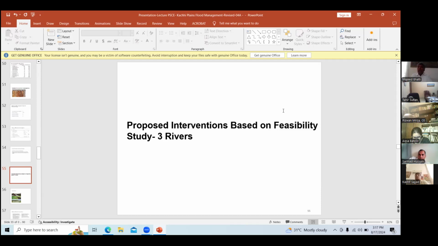So we finally proposed different interventions on these three rivers as part of our study, and at the end we submitted a PC1 to the client and World Bank, which has been approved by the Baluchistan PWD department and Planning and Development Department, and has been submitted to the federal government for approval. I think it has been cleared by CDWP, and finally it will go to ECNEC for approval.